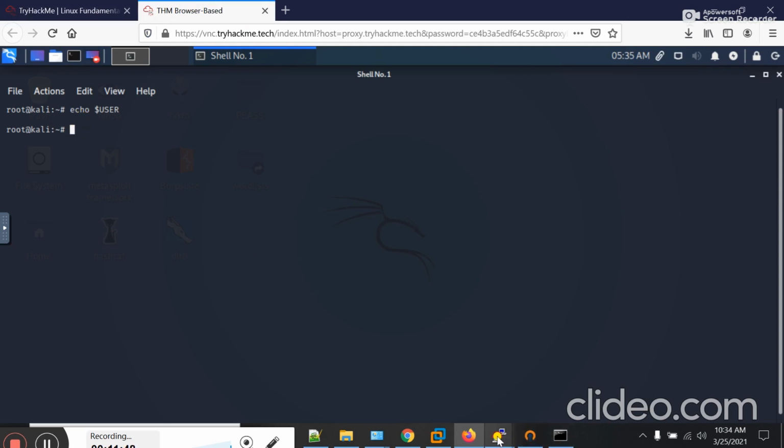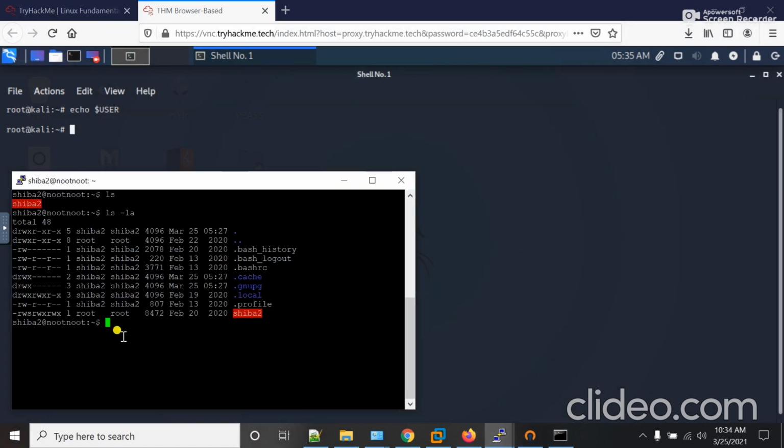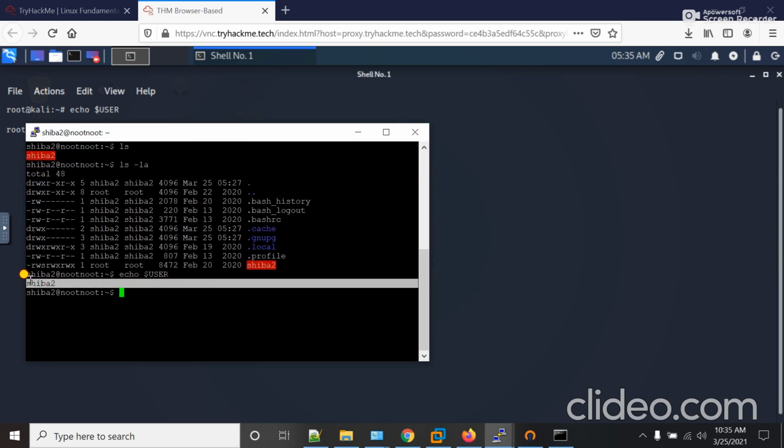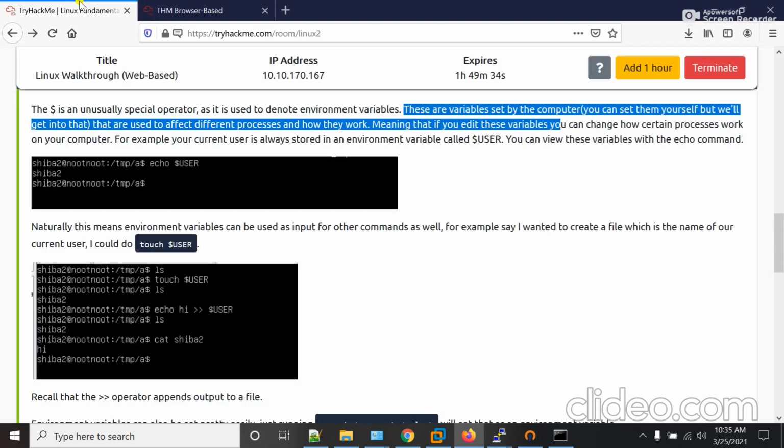As I SSH, if I type here echo and then dollar user and press enter, you can see the current user is here. Basically, it will be used to represent the current username.